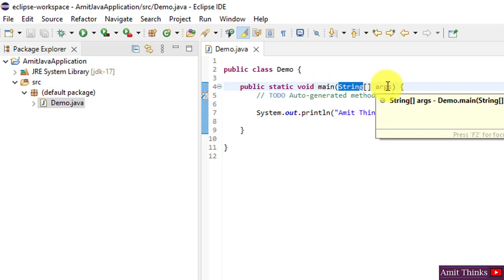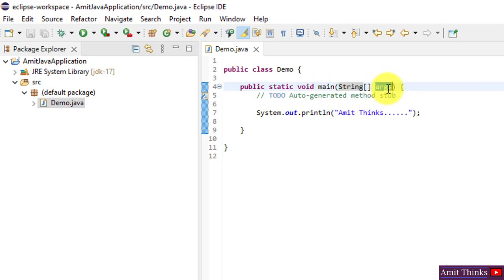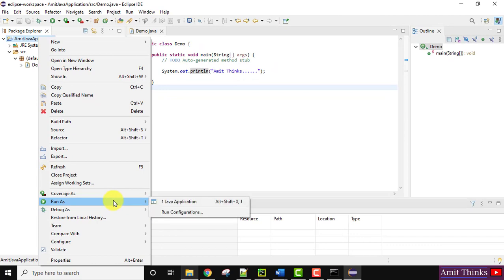String args is used for command line arguments. This is used to receive any command line argument. That's why it's an array. The following System is a predefined class that provides access. out is an output stream, and println is used to display the following string. So everything looks fine. To run it, I'll just go to the project and click on Run As Java Application,